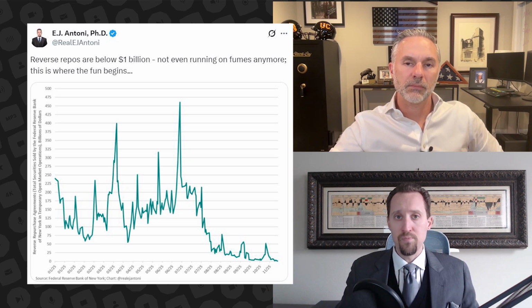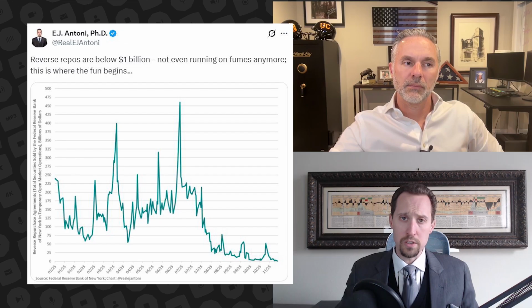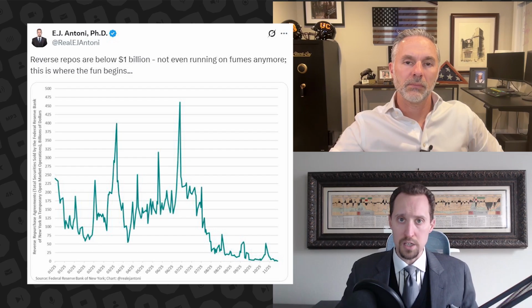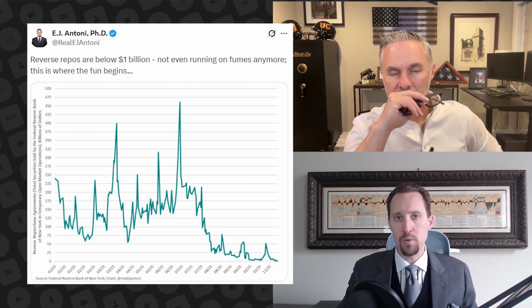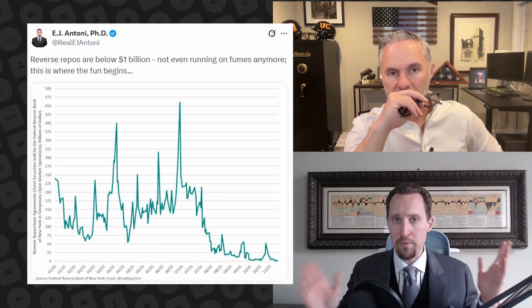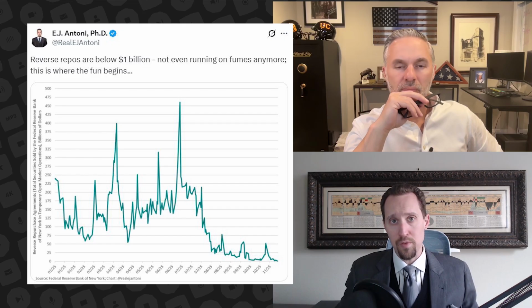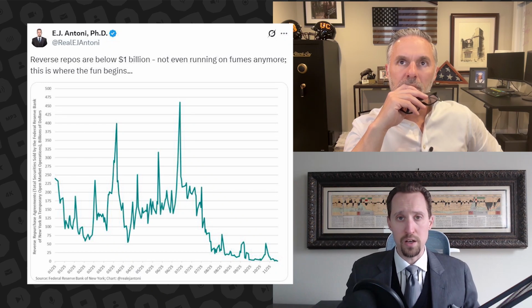And again, as we've now run out of excess liquidity, you're going to start to see liquidity fall below where the Fed wants it to be. And that's when you see repos have to kick in. We've seen a little bit of that, a few billion dollars here and there over the last few weeks. Again, it's not catastrophic. It's not a blow up like we had in September of 2019. But also, and this is why I say this is where the fun begins, the Fed is hell bent on preventing another blow up like we had in September 2019.